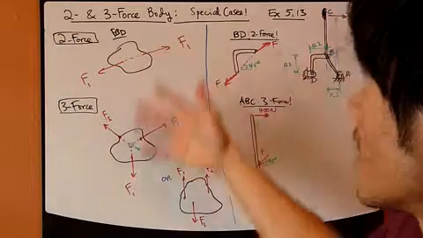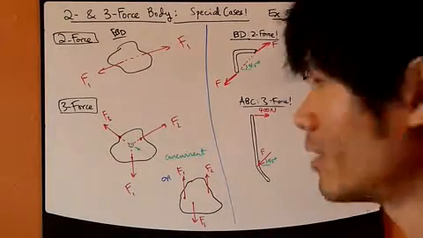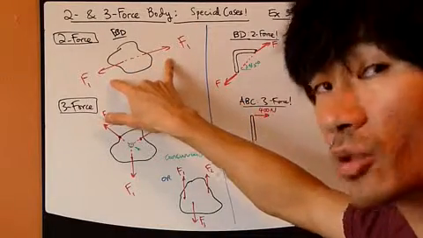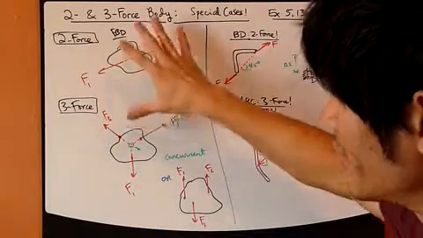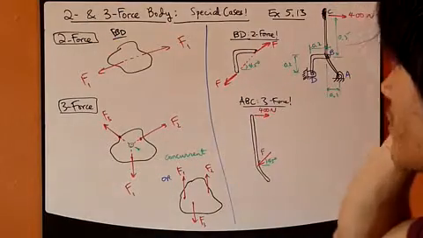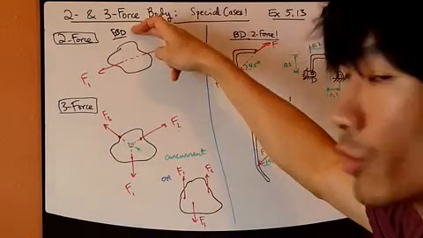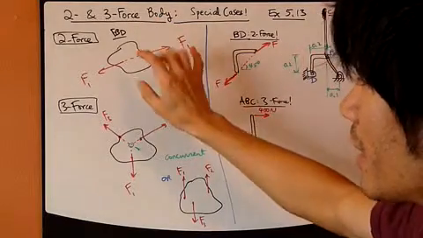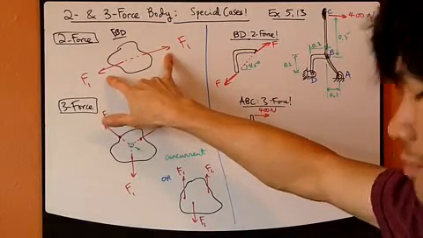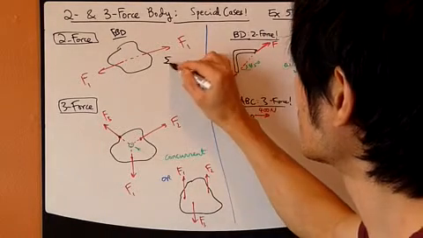The second special case is when this rigid body is subject to three forces. Now, these two special cases, according to what we learned so far, the forces must behave a certain way in order for the rigid body to be in equilibrium. First, look at the two-force body. Let's say this body goes like this. The free body diagram for this rigid body, just draw the two forces. But because of the fact that the forces,